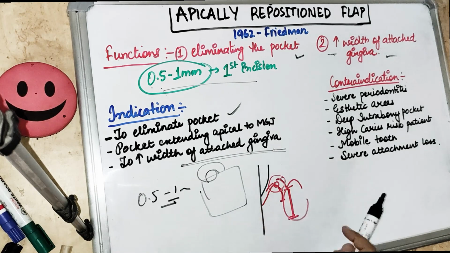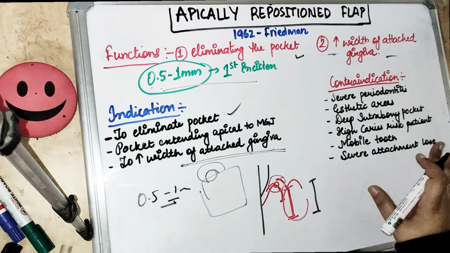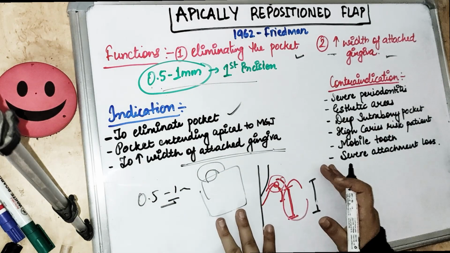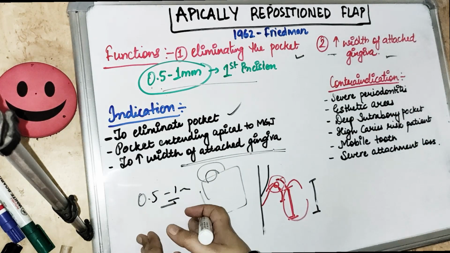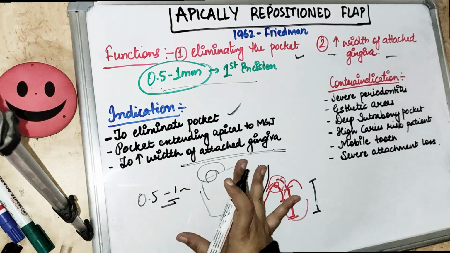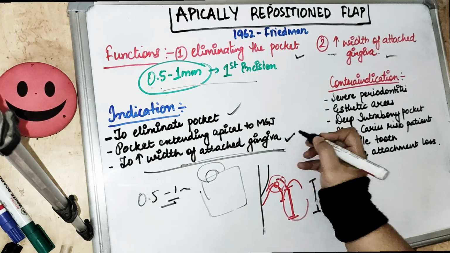So this is very important, that the adequacy of attached gingiva should be there. And all of the surgical part, I have been telling you that if there is inadequacy of attached gingiva, then the surgical procedure is contraindicated. So all this time I have been telling you this, but now the procedure has come wherein we can increase the width of attached gingiva, where we can treat this option.